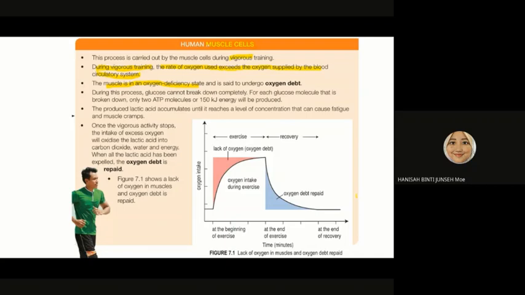So remember when we said about less oxygen, it falls to the anaerobic respiration category. Boleh faham? Mula-mula tadi, we just slowly walk. Starting kan, kita slowly jalan macam biasa. Dia masih lagi under aerobic. Sebab kita normally guna oxygen untuk oxidize, to produce more energy, sebab kita mau bergerak. Tapi makin kita laju, oxygen kurang sebab cannot catch up. Cannot catch up ni, inilah. Maksudnya, the rate of oxygen used exceeds the oxygen supply. Kita perlu banyak tapi yang supply sedikit saja.